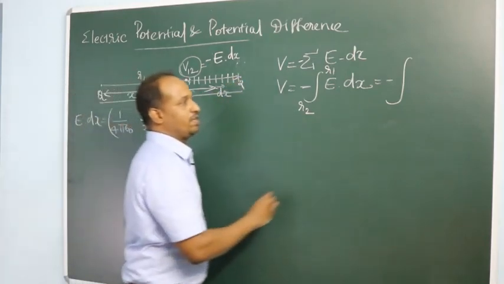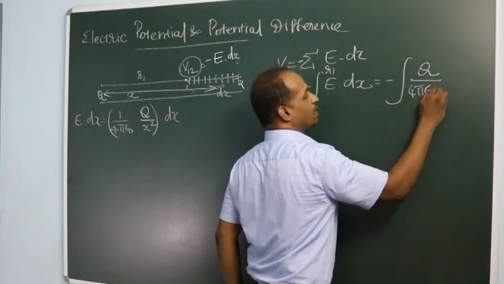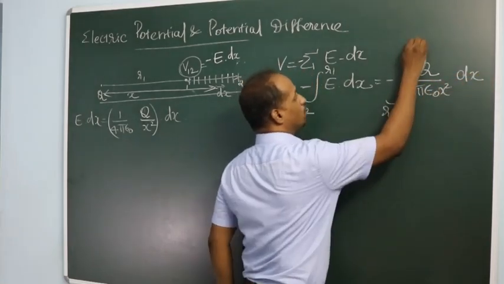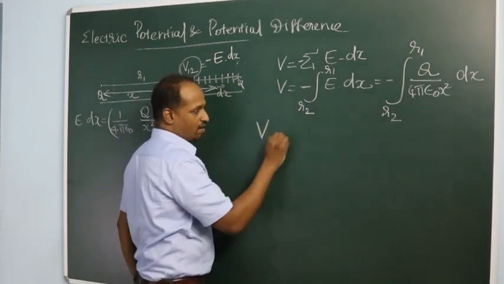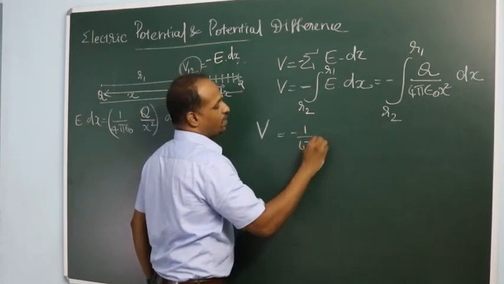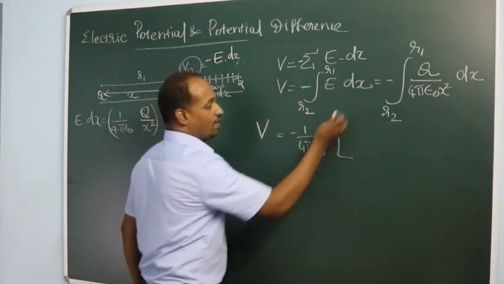That's what we are going to do here. So at a distance x, it is q by 4 pi epsilon naught x square into dx from R2 to R1. Then the potential difference dV or V12 is minus 1 by 4 pi epsilon naught into q into the integral,